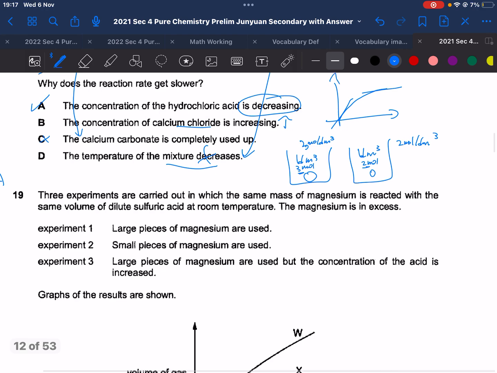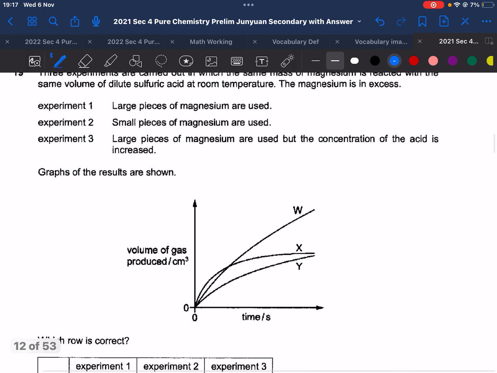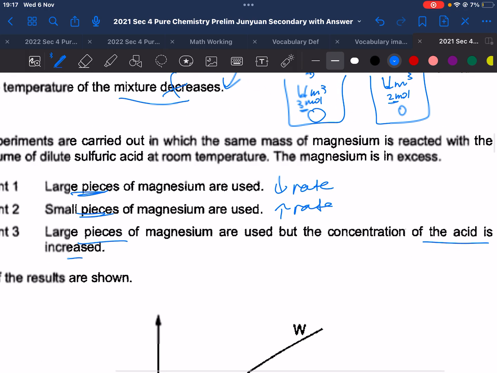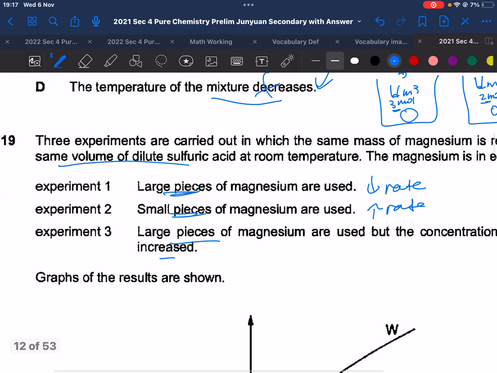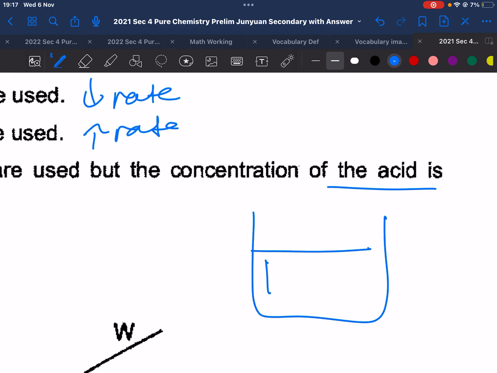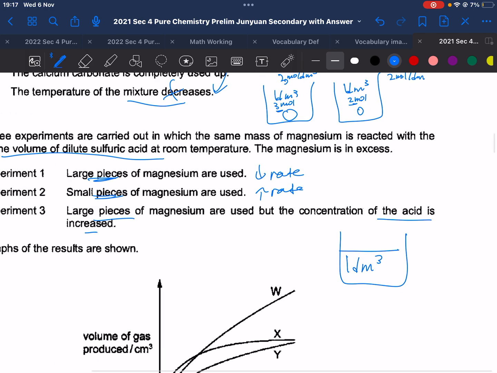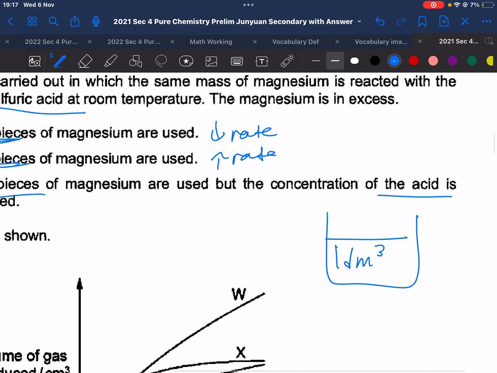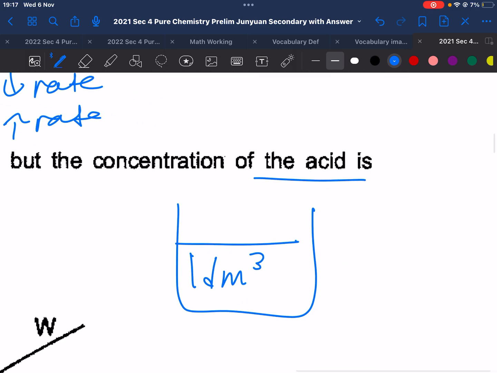So next, this is again about rate of reaction, and this should be the easier one. Large piece, small piece: usually the large piece will be the lower rate, and this will be the higher rate. Large pieces of magnesium are used but the concentration of acid increases. Here they said the reaction uses the same volume of sulfuric acid at room temperature. So for example, I have 1 dm cube of sulfuric acid. If the concentration of the acid increases, it means I have 1 dm cube but inside is